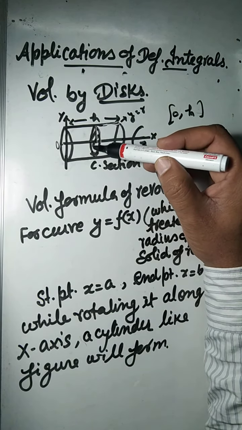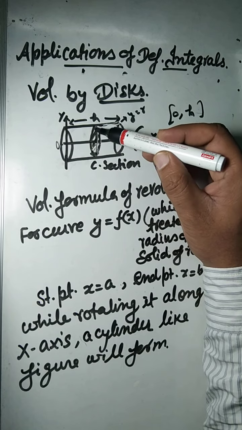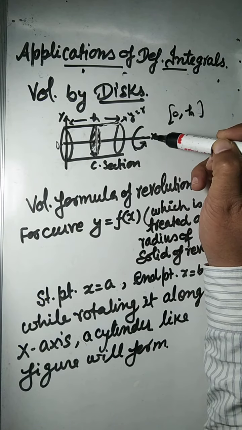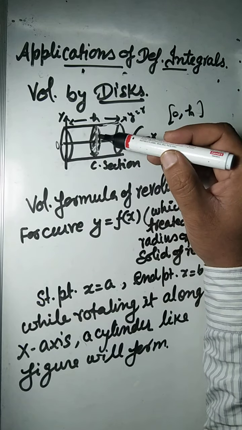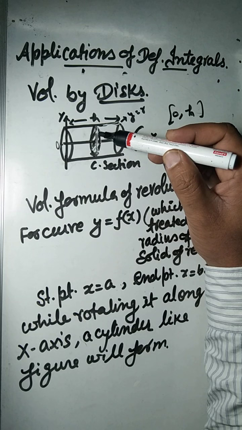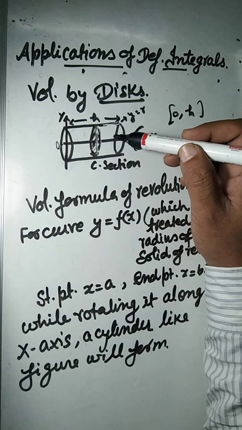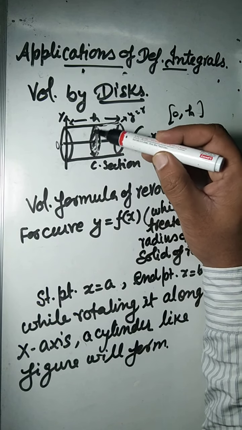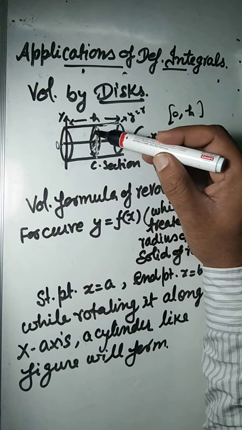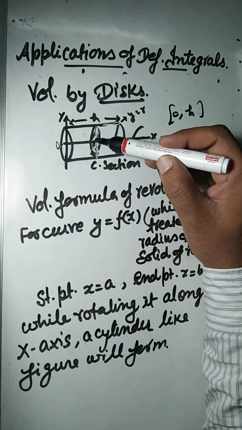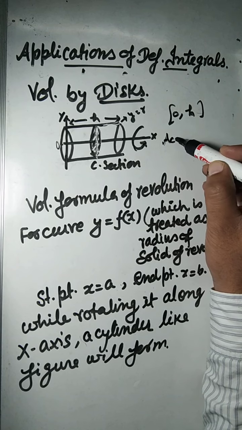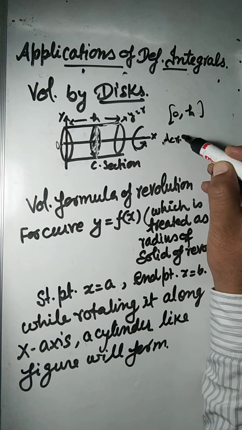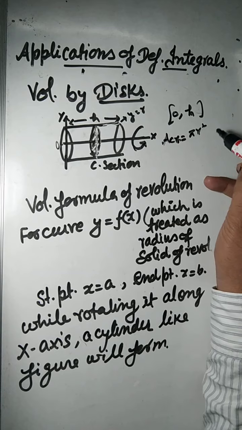If we cut this cylinder perpendicular to the x-axis, the cross section we see is a circle, and we know that a cylinder is the collection of circles. Therefore we can imagine this cross section as a circle, and we know that the area of a circle